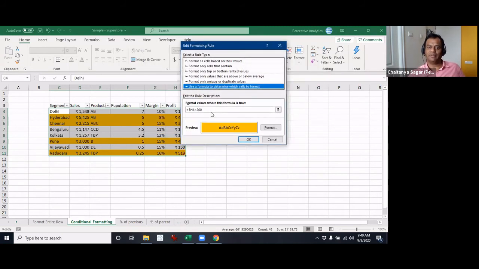But now let us see what happens when we keep the row anchor, but we remove the column anchor. Then what happens?